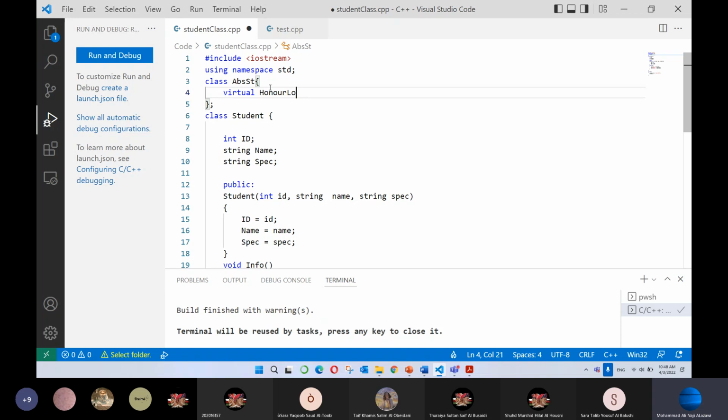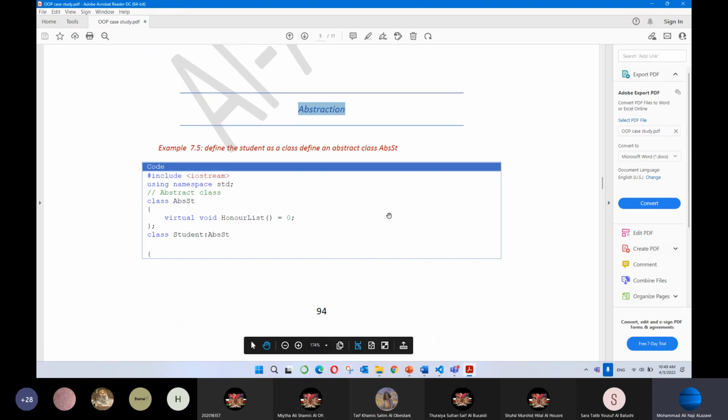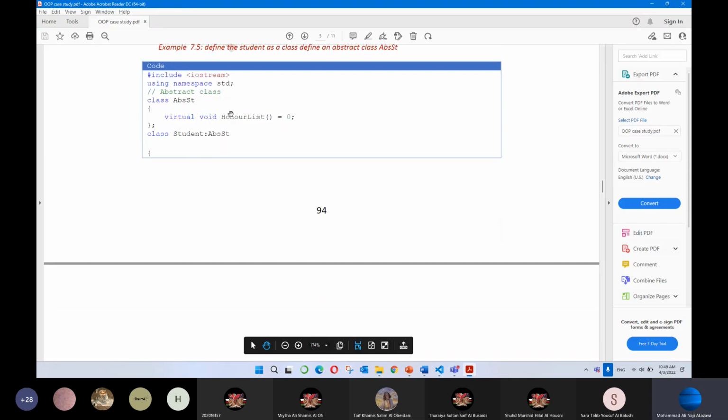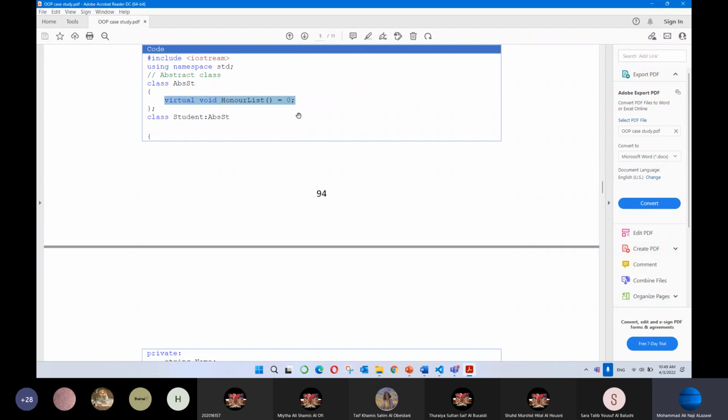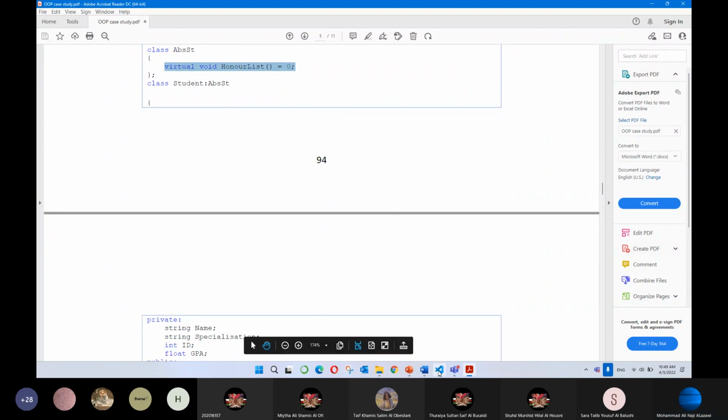on our list, I need to give it a type, all right? Here, void, I think, is better. Now I've got an error because I have to define something here. So if you define it like this, it's blank, it does nothing. If you can see here, before making it equal to 0, what does that mean, making a virtual function equal to 0? Let's see. Now, in this case,